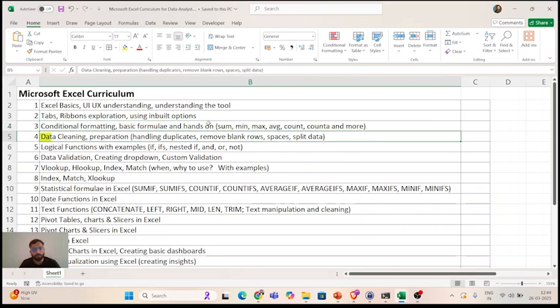After that, we will gradually move on to data cleaning and data preparation, in which we will cover duplicate values, how to identify duplicate values, how to remove those, how to remove blank rows, missing values, and all other stuff. Then we will see logical functions in Excel, like if, nested if, multiple ifs, and, or, not, so many things. Then we will gradually see data validation, how do we restrict data, how do we create drop